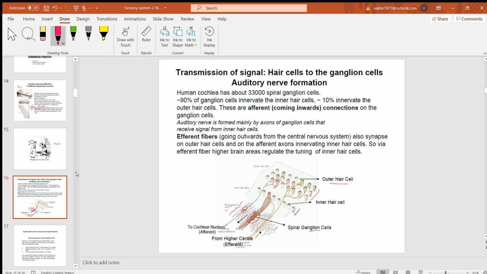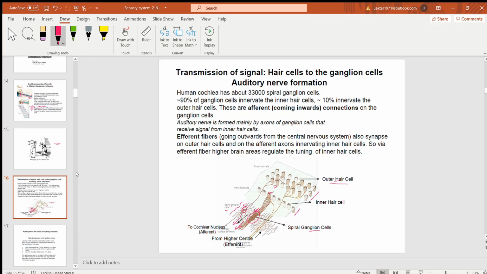Okay, and so here these are the ganglion cells receiving signal from the inner hair cells. And this one is from the outer hair cells. So if you compare, more ganglion cells are receiving signal from the inner hair cells. And one ganglion cell receives signal from multiple outer hair cells. Make sense? And another thing you see, that from the ganglion cells, of course, the signal will go towards the cochlear